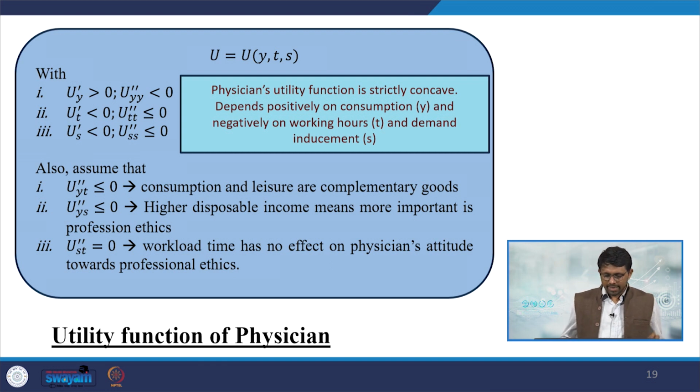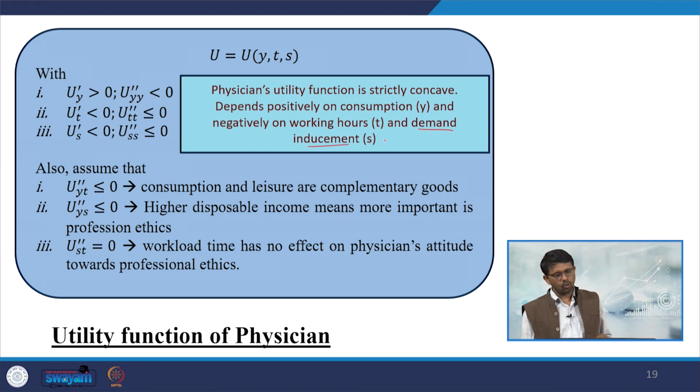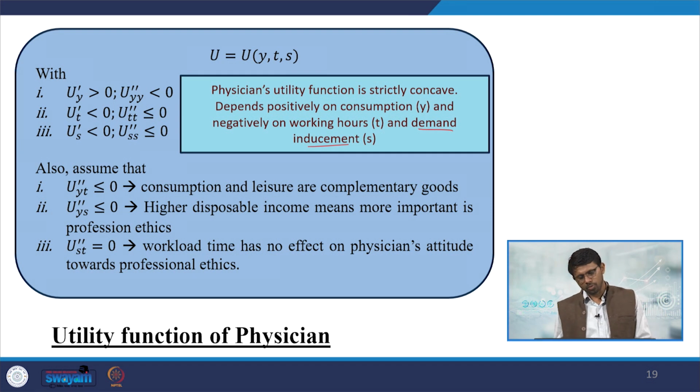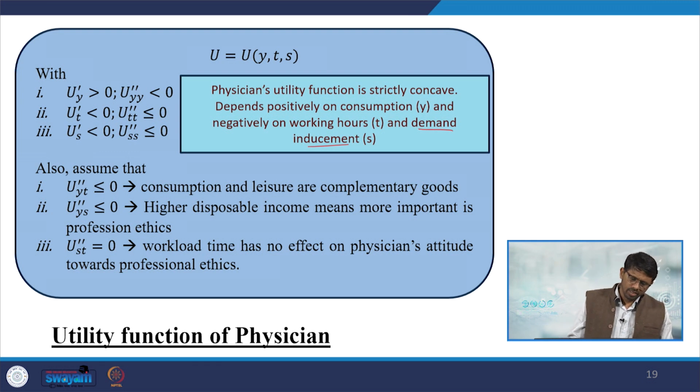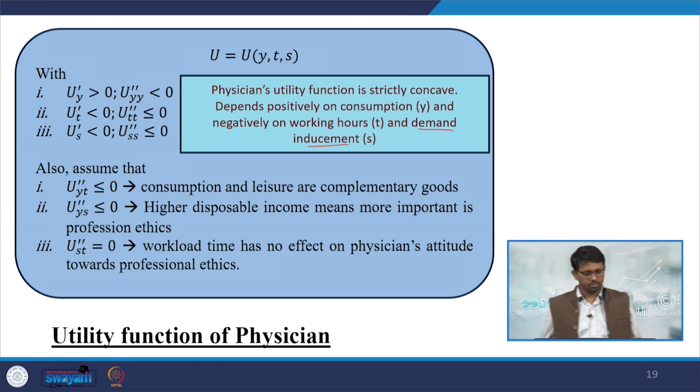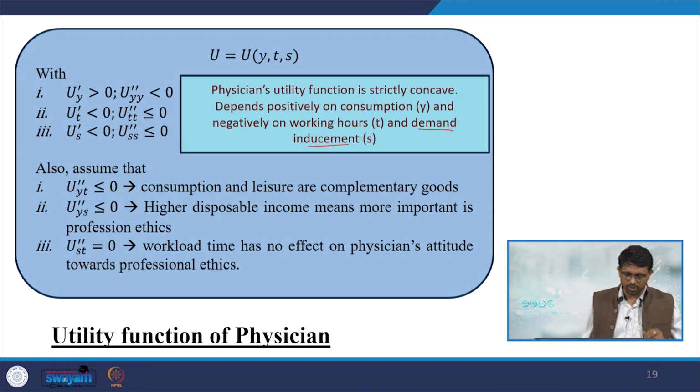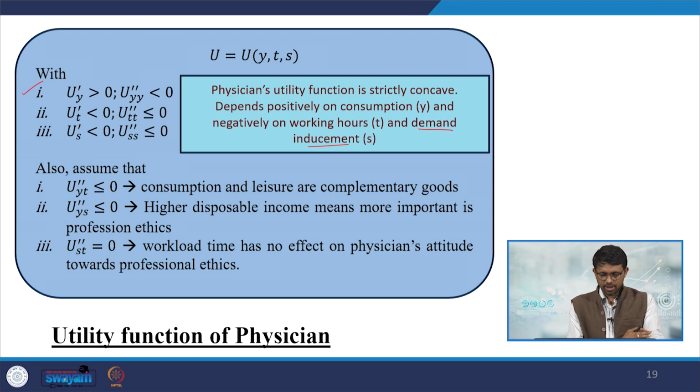Why is it negative? Because the higher the number of demanders, the more time, or the more burden, is on the physicians. So, hence it is negative. You can see their first order and second order derivatives. From the income side, we have mentioned that the first derivative is positive, and the second derivative is actually negative. Hence, we said that the physician's utility function with respect to their consumption is strictly concave,